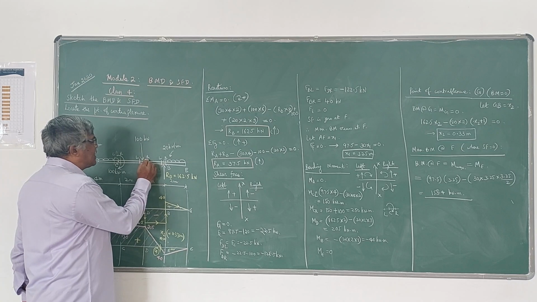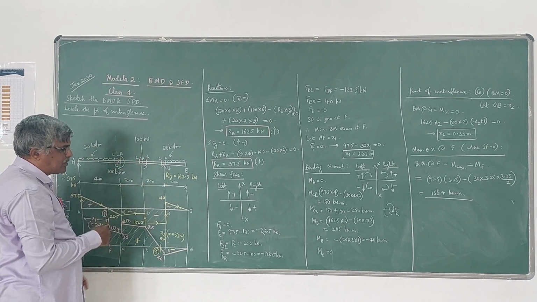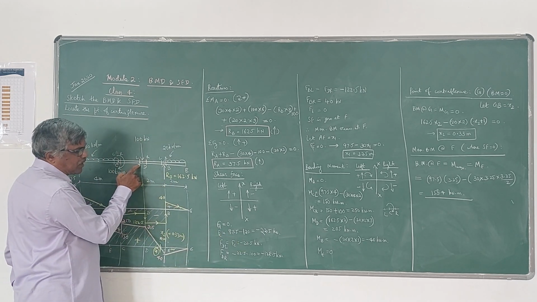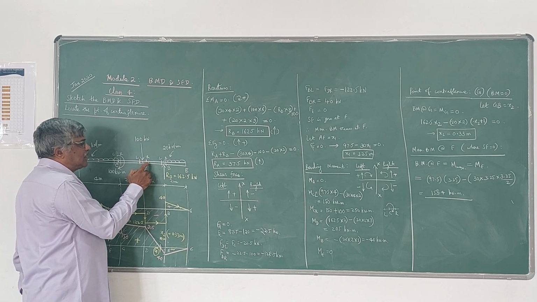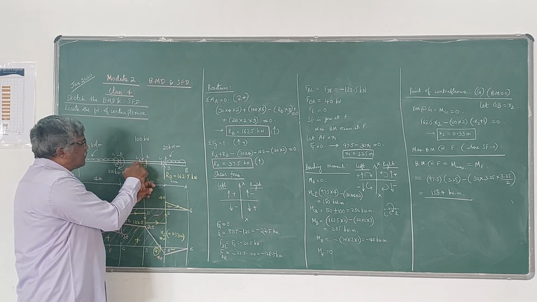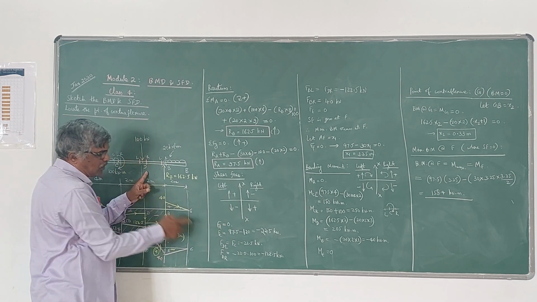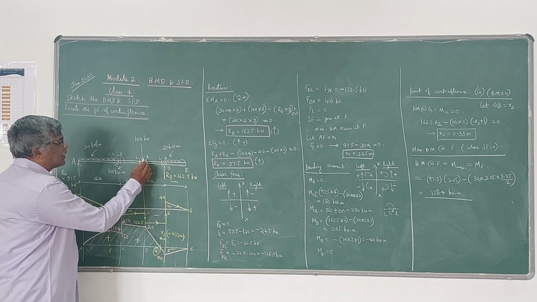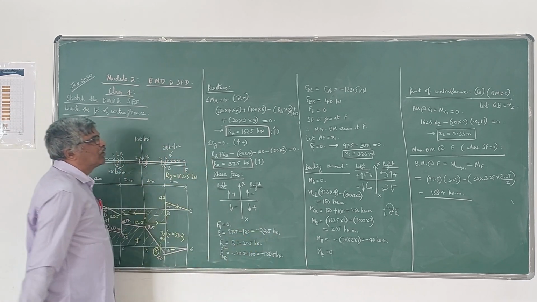But when you take the right side of D, this 100 kN also comes into the picture. Up to this point it is minus 22.5. Then you are seeing the left side of this, right of D. So the left side of 100 is negative, so minus 100 we have to take. So it will be minus 22.5 minus 100. So the shear force value at this point is minus 122.5 kN.